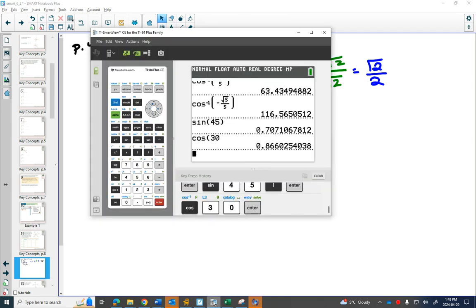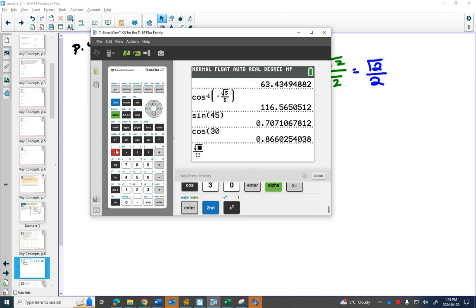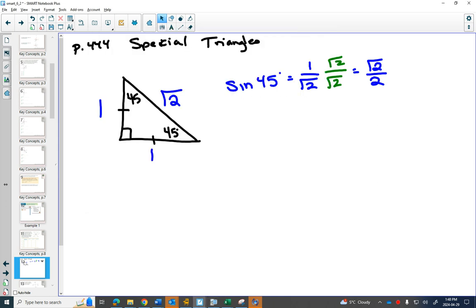Check out our calculator. We did sine of 45. Now, if I write the square root of 2 divided by 2, I get 0.707, same number as I did when I typed sine of 45 into my calculator. So because of this special triangle, anything with 45 degrees can now be on a non-calculator part of a test or a quiz. Because you can also do cos of 45 degrees,